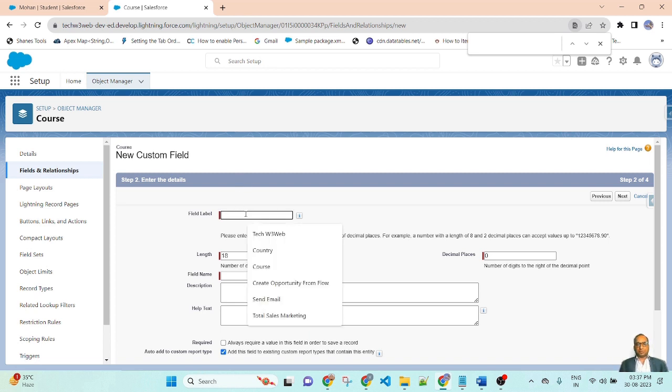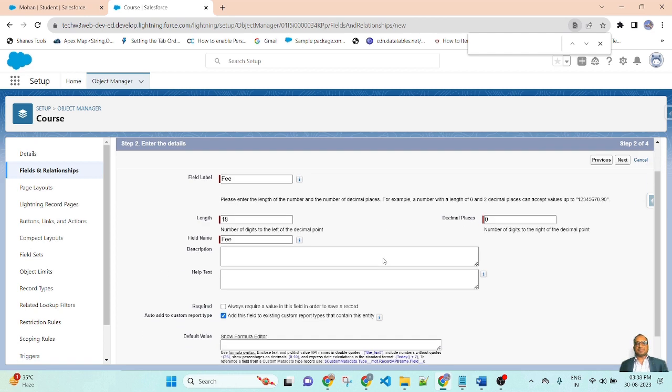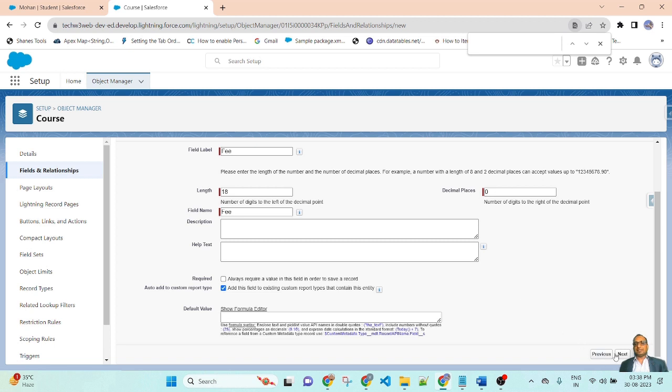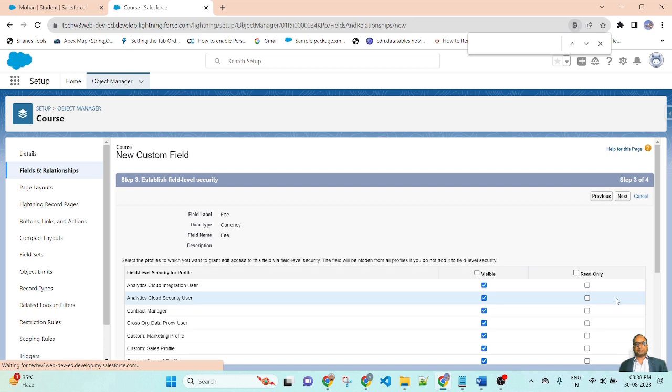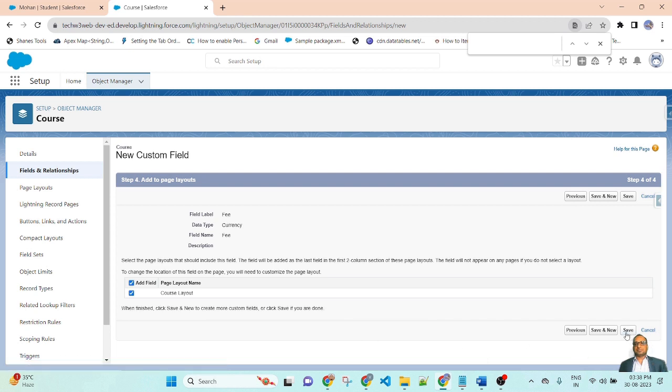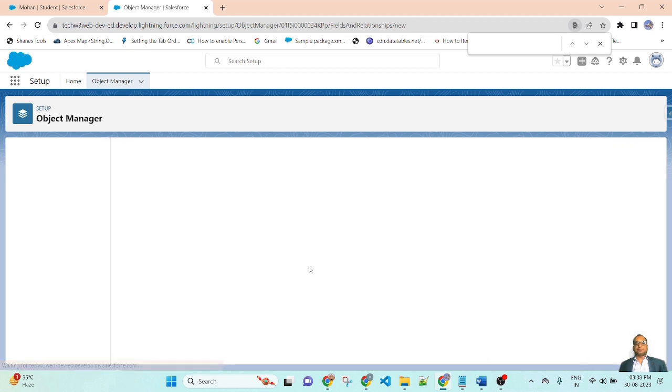This is the label of the field. So here I am writing fee. This is the field name. And next, visible for all the profiles. And next, then save and new.